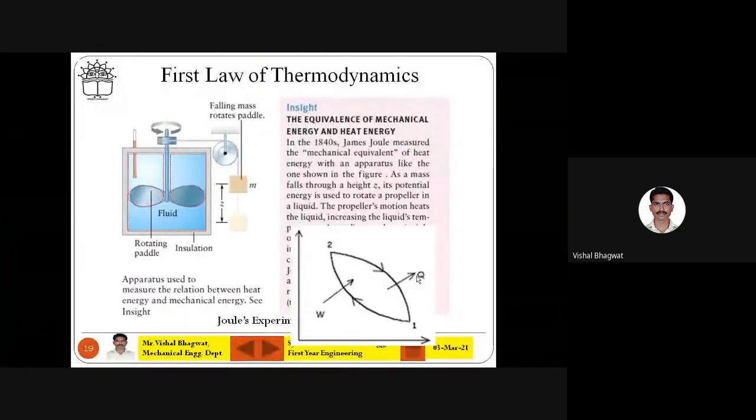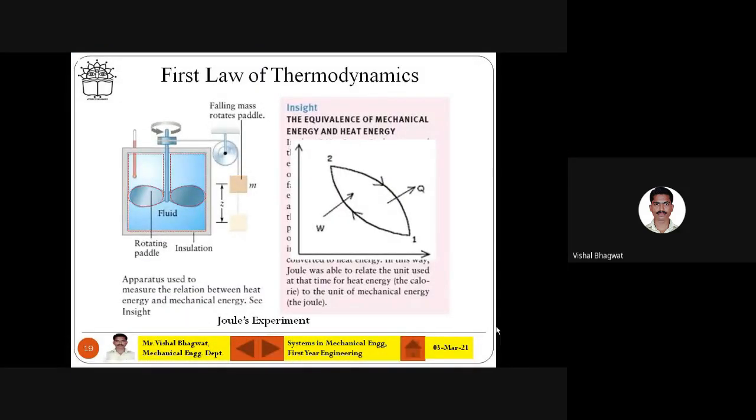So now the first law of thermodynamics. I guess you have seen the first law of thermodynamics earlier, but we'll see a different statement, a different way it is sometimes represented. Okay, this is a graph for this process. You see W is work, Q is the heat. So these two, work and heat, are path functions. Mind these words: work and heat are thermodynamic properties, but they are path functions.